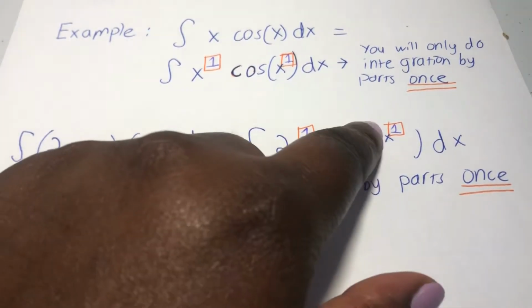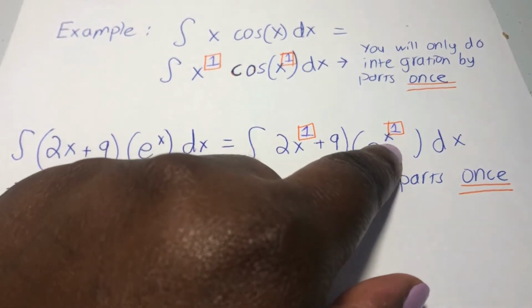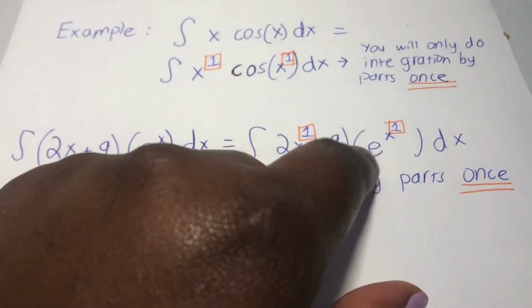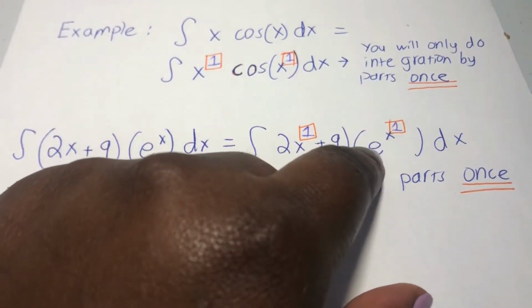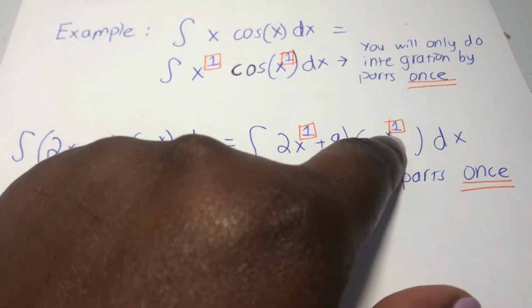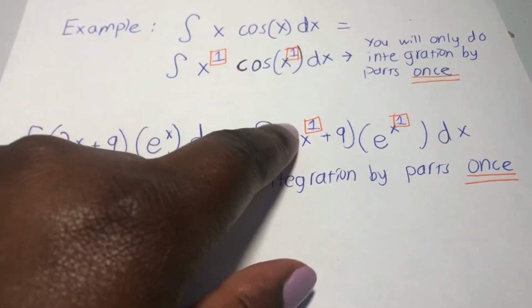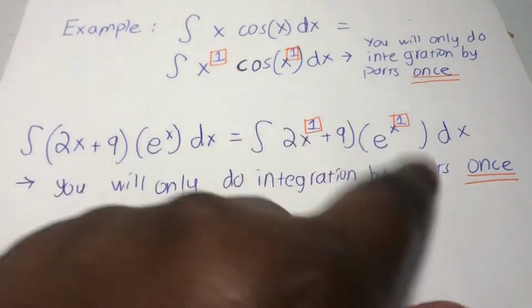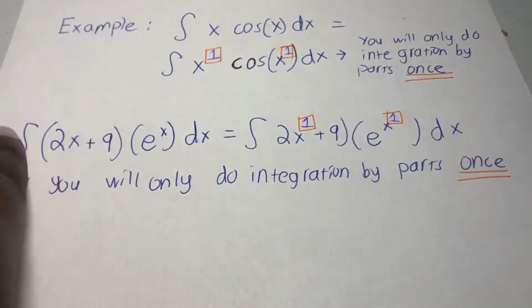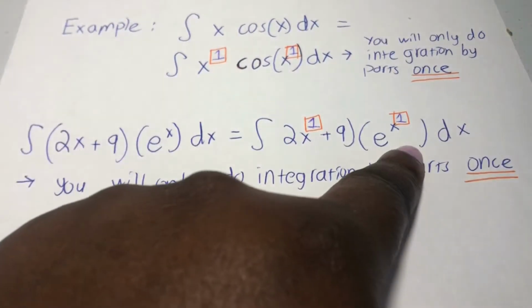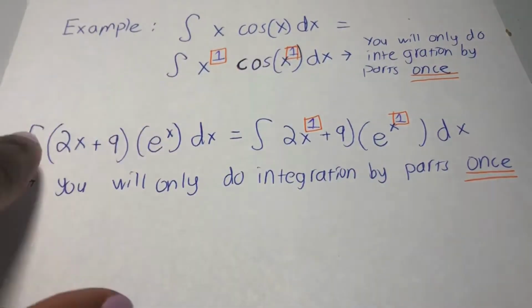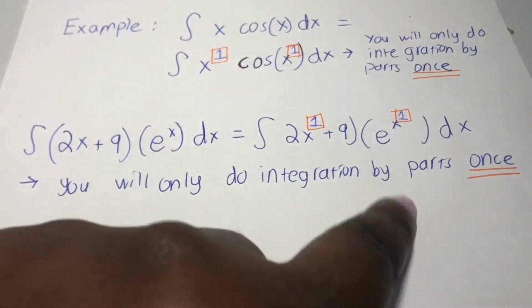I'm not talking about what e is raised to. I'm talking about what x is raised to. X is raised to the power of 1. It was just e to the x alone, not e to the x squared or e to the x cubed. So that would be e to the x to the power of 1 and 2x to the power of 1 plus 9. Both of these are to the power of 1. That's why when we did these two examples, we only did the integration by parts once